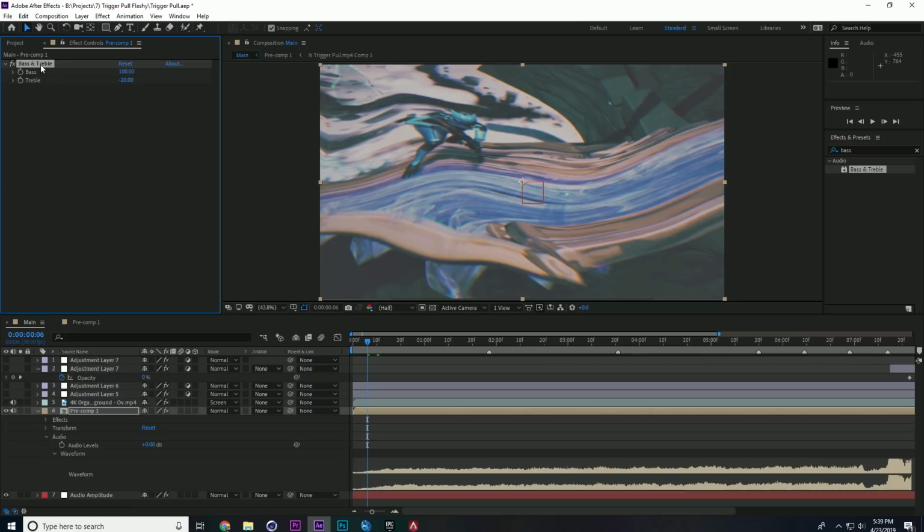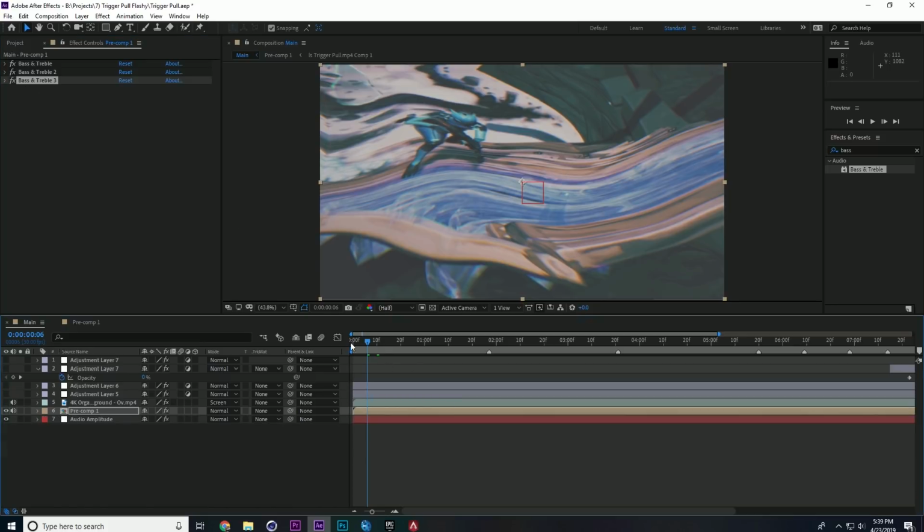By clicking Control D on my computer, I'm gonna duplicate the layer, and you honestly might want to do it even one more time. Okay, so you have all 3 bass and trebles. Let me turn these off. Yeah, no, it doesn't show you on the waveform. So I have these 3 here, and then from this point, you want to go to the beginning of your composition line,